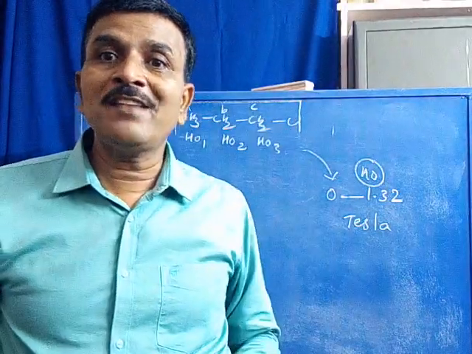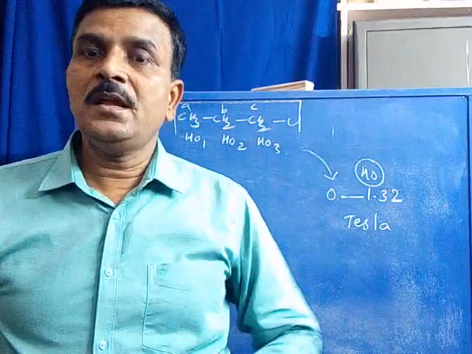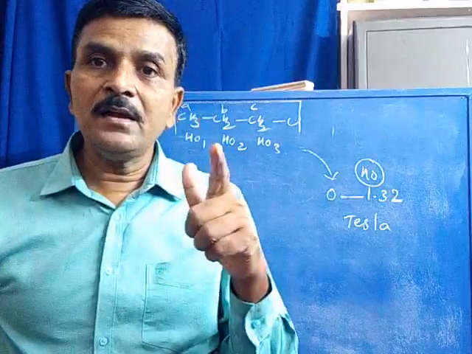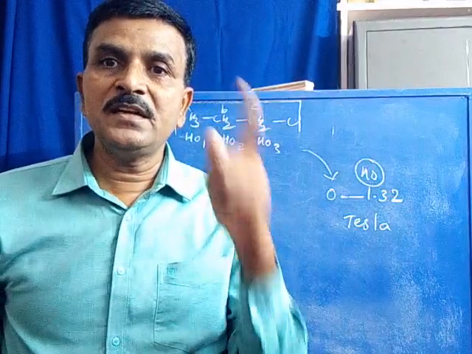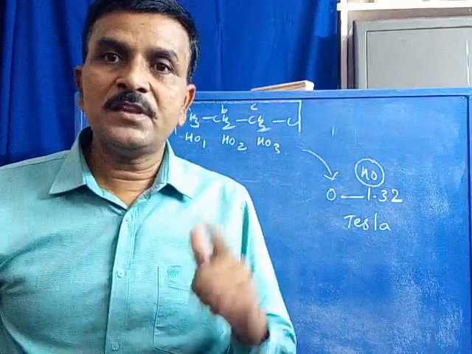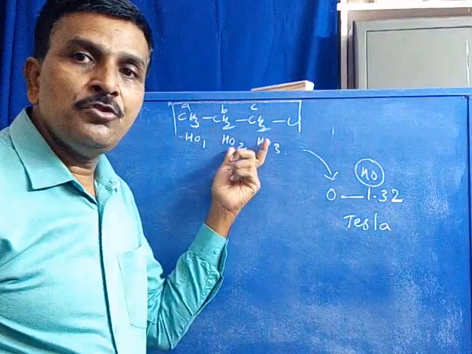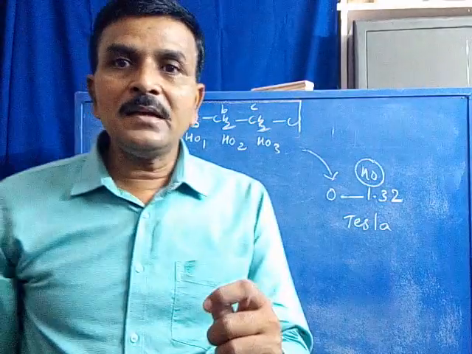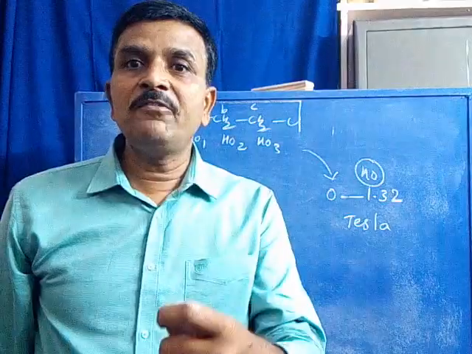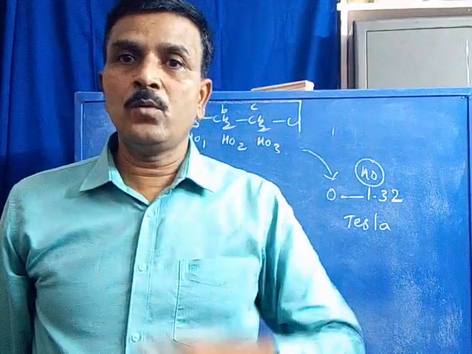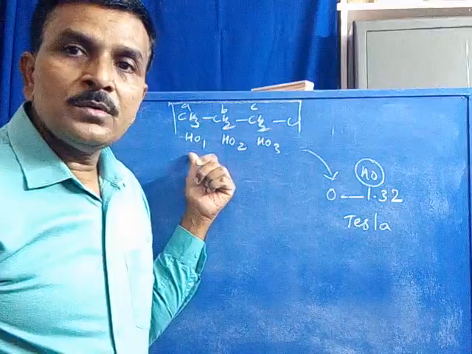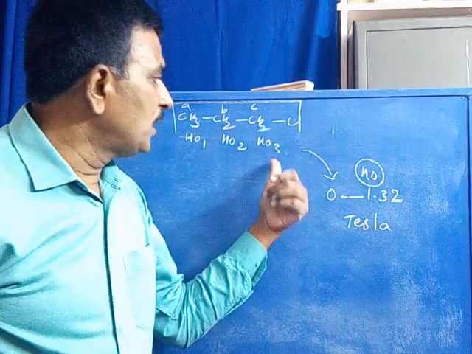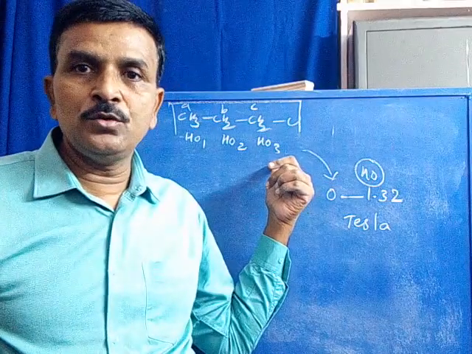Why does it consume the external magnetic field? As we learned in the principle of NMR spectroscopy, an external magnetic field is required in order to split the degenerated energy state of a nucleus into energy levels. For that, every set of protons consumes the magnetic field. Is it clear? But the exact utilization of external magnetic field by each set is not known. We don't know the extent of H01. We don't know the extent of H02. Similarly, we don't know the extent of H03.